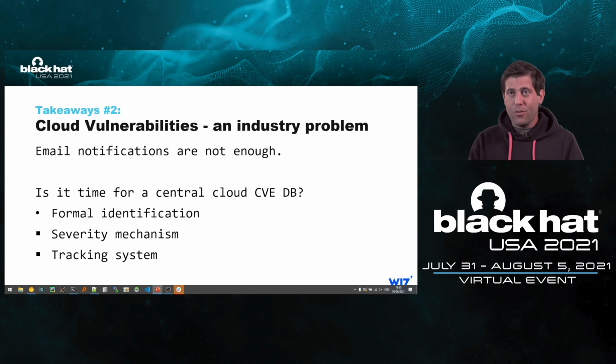The CVE system solved the 3 key problems that we face today in cloud vulnerabilities. Number 1, identification. Instead of having Shir vulnerability number 1 and Shir vulnerability number 2, we should have Cloud CVE 2021-532. We should have a shared naming system so we can identify the vulnerabilities that we found. And when we found those vulnerabilities, we should submit them to someone, right, and get a Cloud CVE ID.